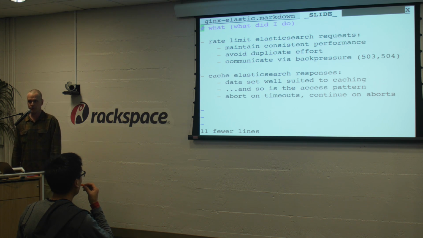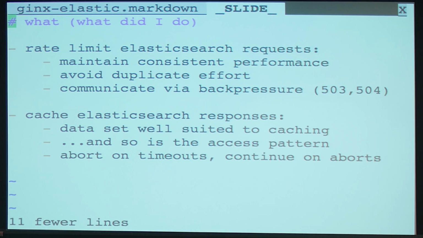So what do I do to solve this problem? The need to be fast, cheap, and consistent. Two main things: I rate limit the requests that go to Elastic, and that's to maintain consistent performance and avoid duplicate effort. And what I mean by that is,